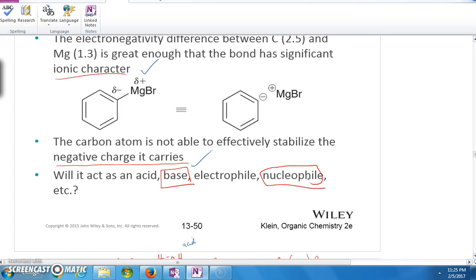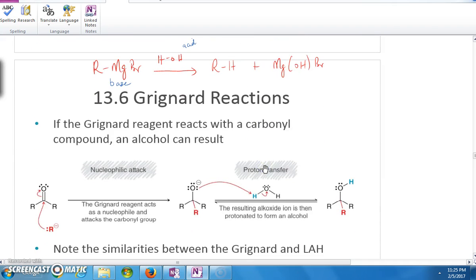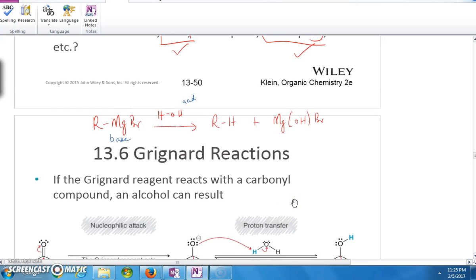So Grignards are great bases, and also great nucleophiles, right? And that's why you don't want to bring a Grignard in contact with water. It could act as an acid, and you have the formation of an alkane and the formation of the magnesium